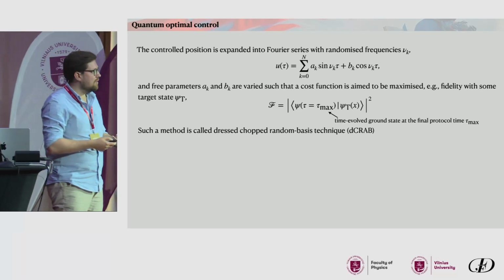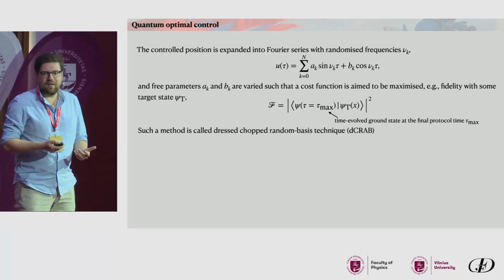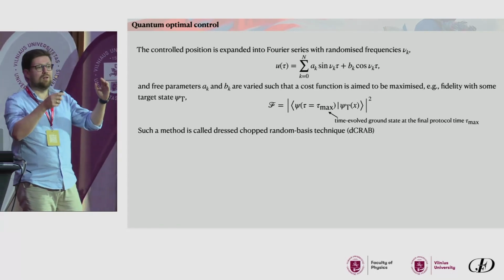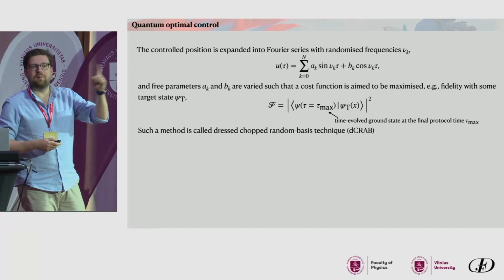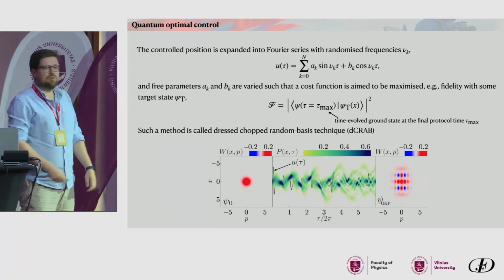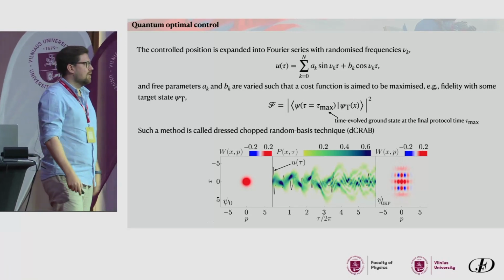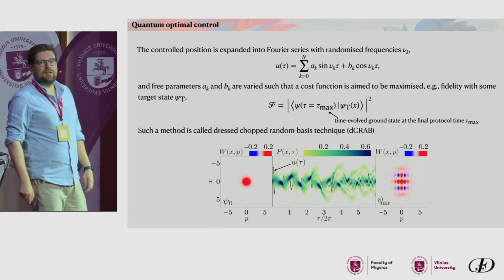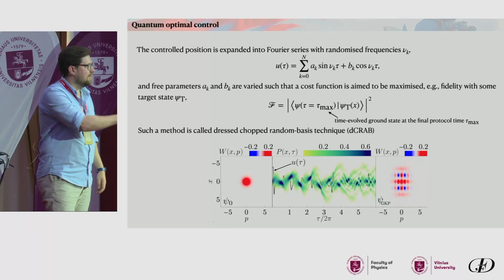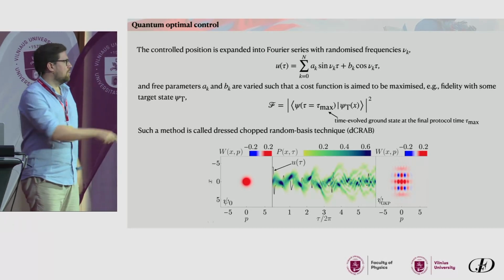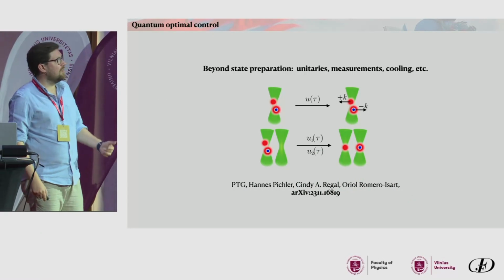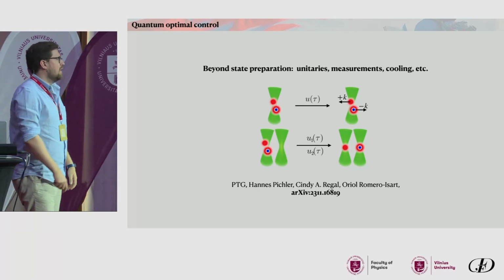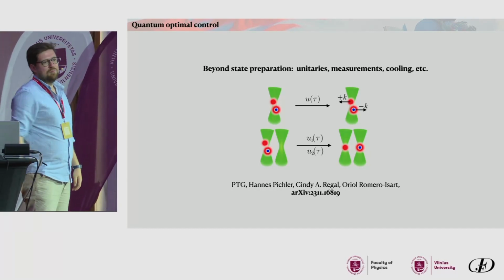For the state preparation, this is just the overlap with some target state, which in that case was the Fock state, with some time evolved state coming from this dynamics with the shaking. And we found out that this approach is very versatile, meaning that we can not only prepare the Fock state, but really a variety of states, like these GKP states. Here is the motion of the tweezer that produces this kind of state. And we went beyond, so we can implement unitaries, we can do measurements, cooling, state stabilization, many other things, and you can find it in this preprint.